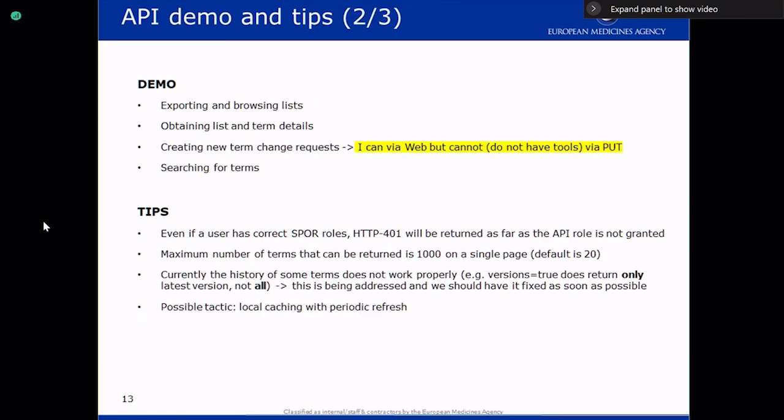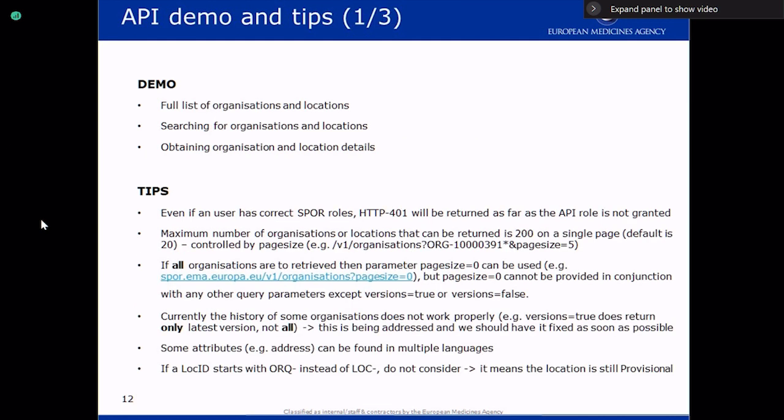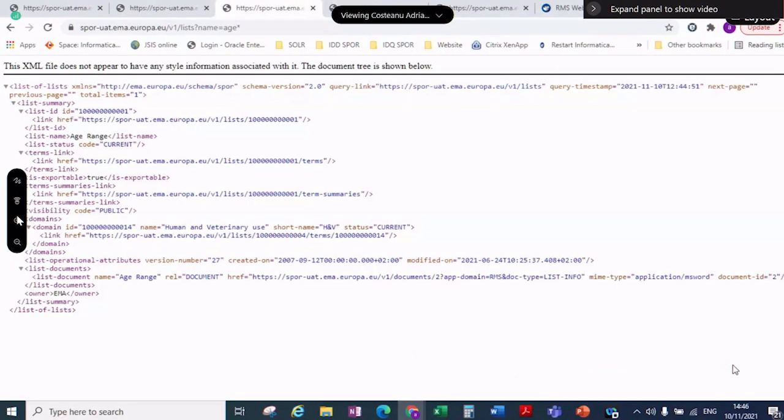RMS. I need to start sharing my browser so I can go through a bit of the API, if you can bear with me. Right, so about